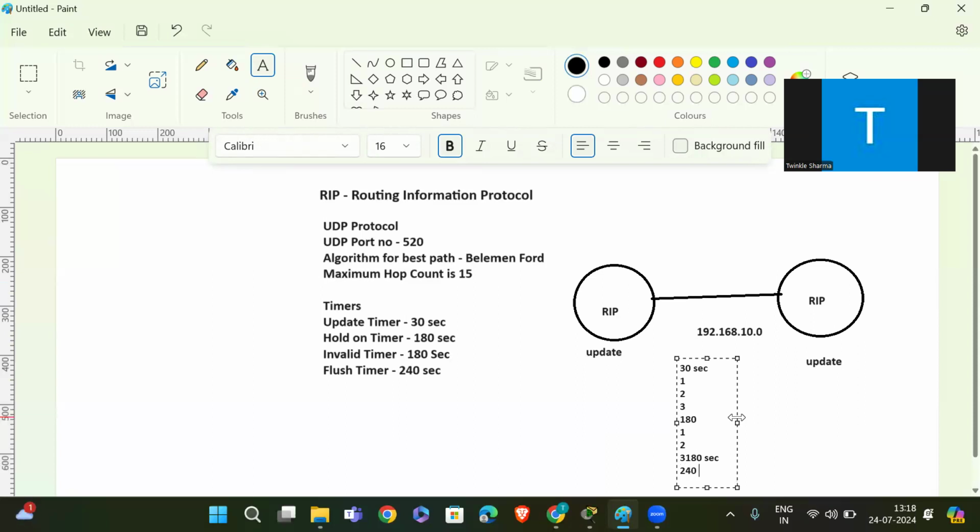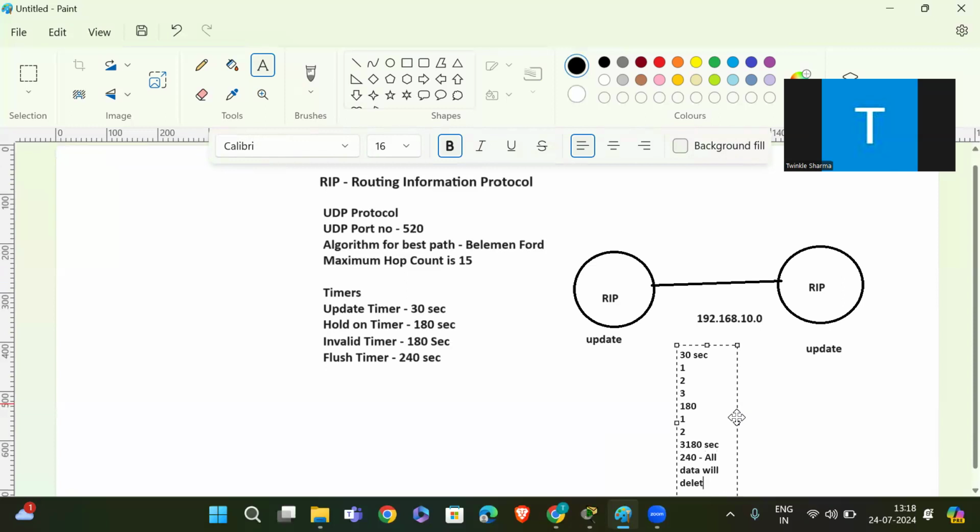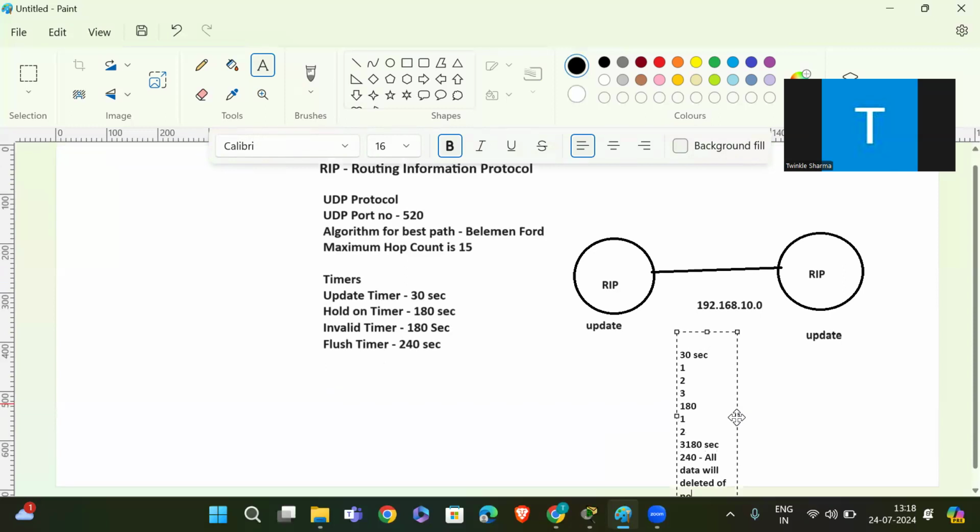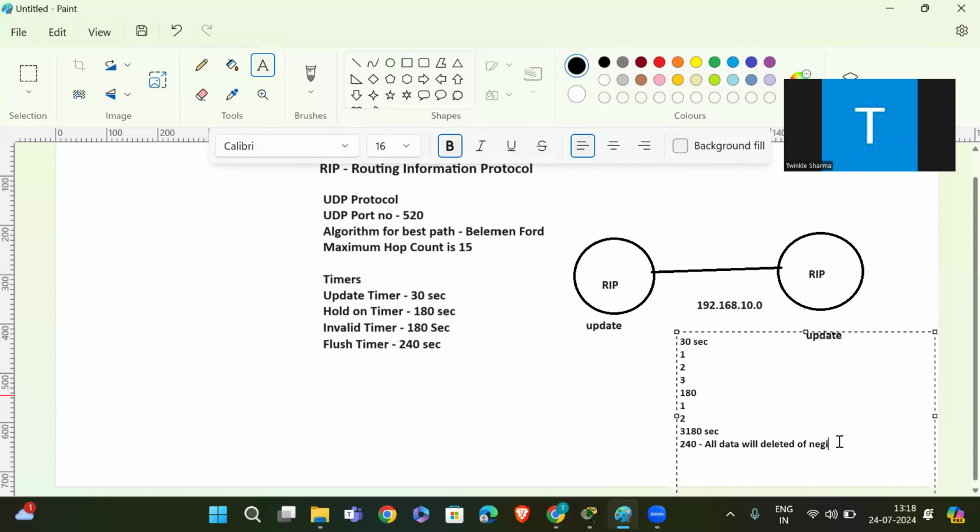At the end of the flush timer, all the data of the neighbor router will be deleted. It will clear the data of the neighbor router and go for other connections.